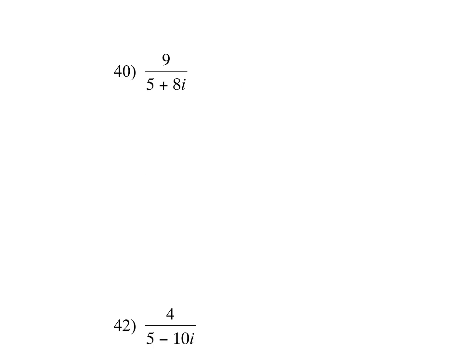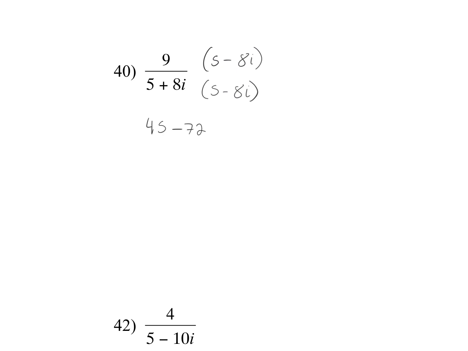So the first thing I'm going to check is whether the denominator is in standard form. Yes, it is. So I'm going to go ahead and multiply by 5 minus 8i on both sides. I mean on the top and the bottom. And then in the case of the numerator, I'm just going to distribute that 9. And in the case of the denominator, I am going to FOIL it. So this is going to become 45